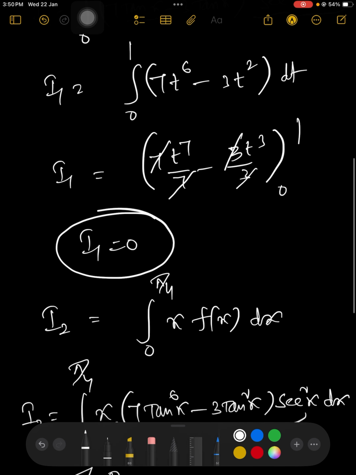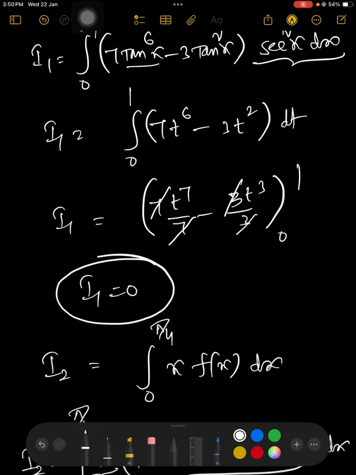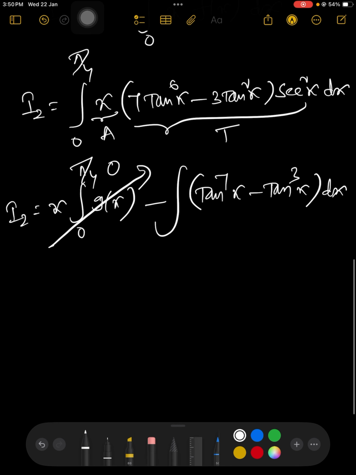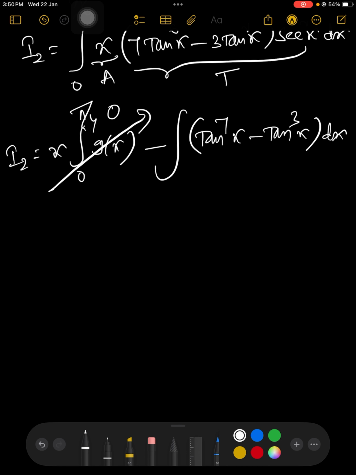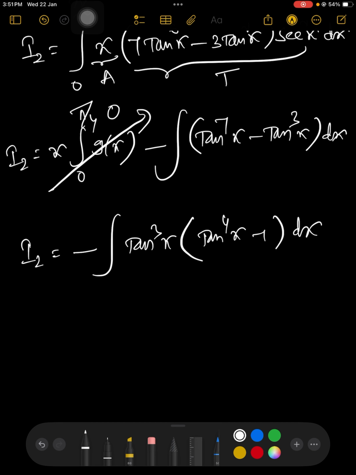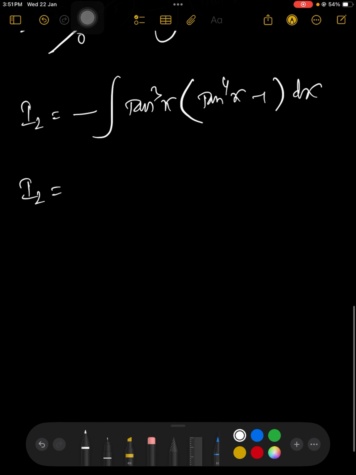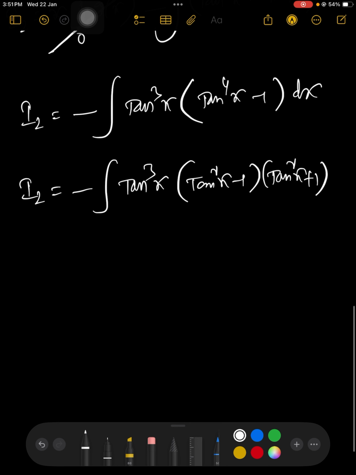Yes, because here, without changing the boundaries, we get tan power 7x minus tan power 3x. Now I2 equals minus the integration of tan cube x, if you take it common, then it will become tan power 4x minus 1 whole dx, right? So I2 equals minus the integration of tan cube x into tan square x minus 1 into tan square x plus 1 whole dx, we can write like this, and this tan square x plus